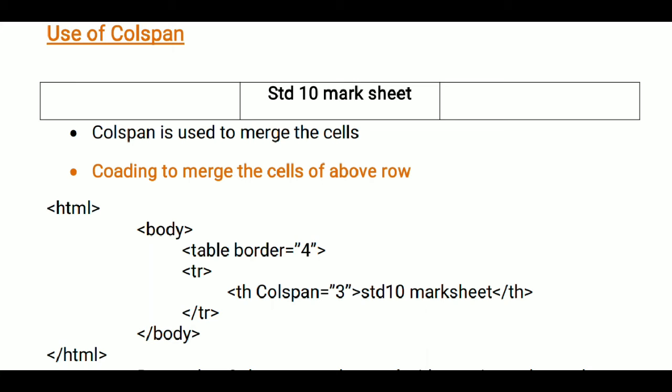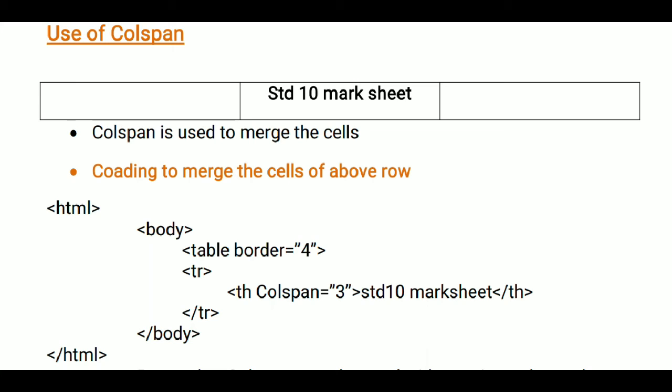Then see, only one row is here. So to create a row, which tag is there? TR tag. So yes students, we have to use the opening tr tag. Then how many cells? We want only one cell, and at the center of the cell I want my output, that is Standard 10 Mark Sheet.